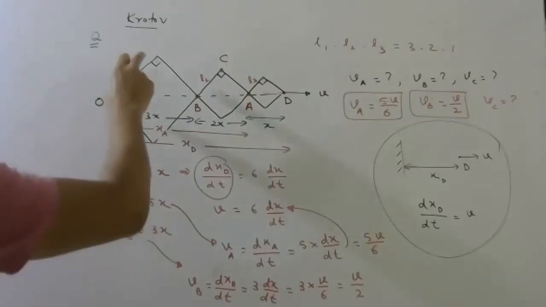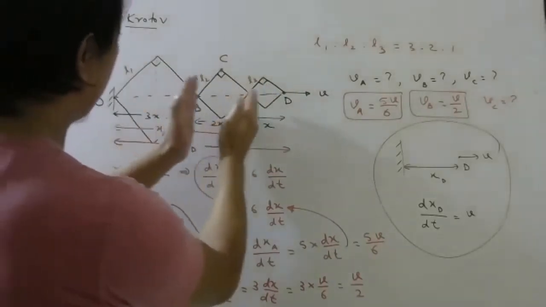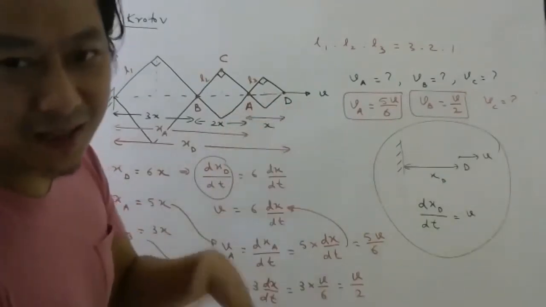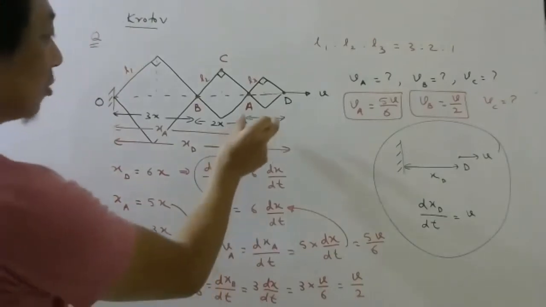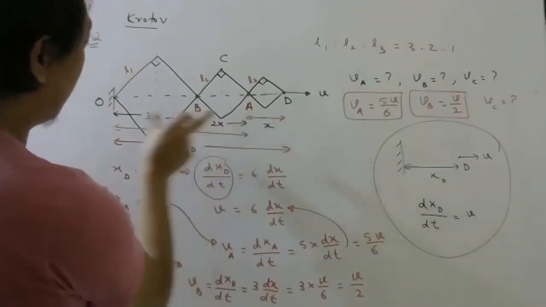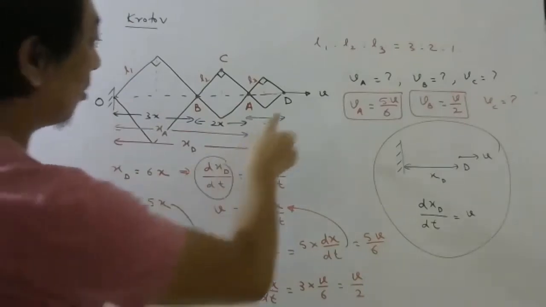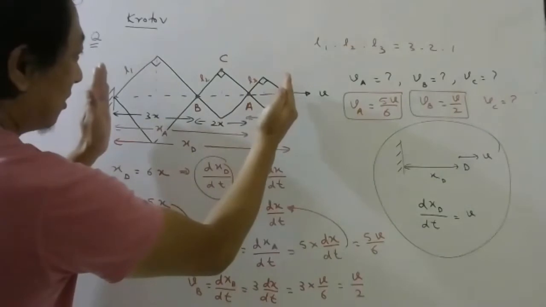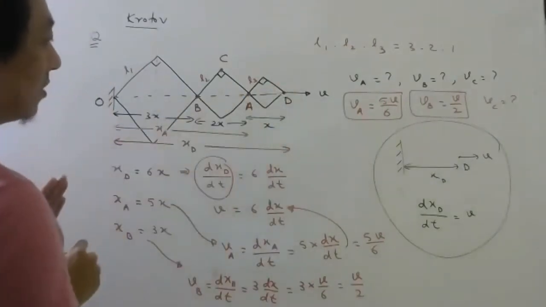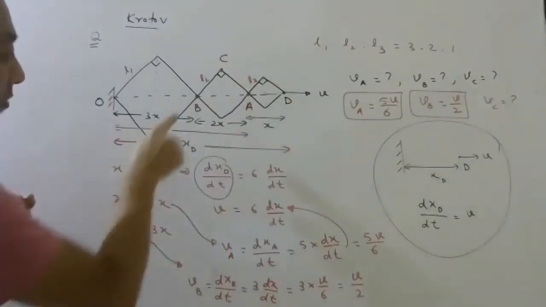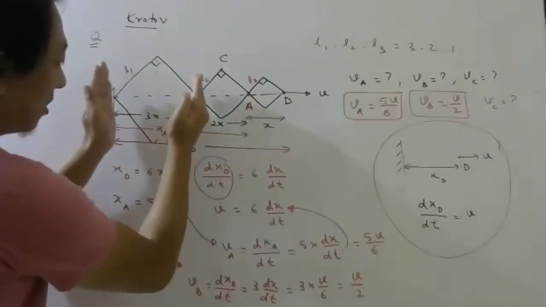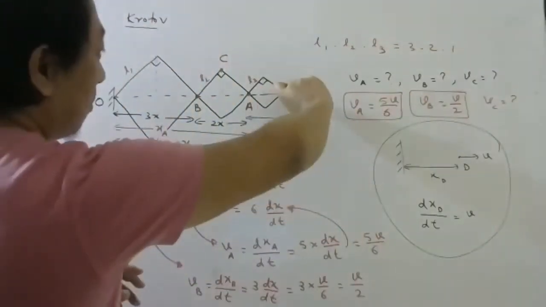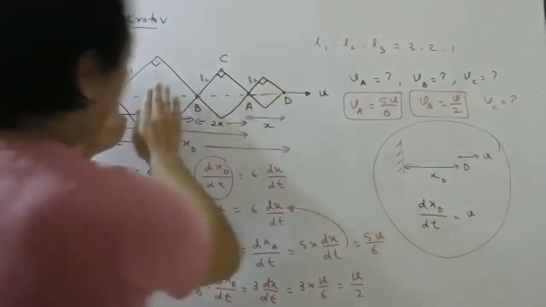So whatever ratio these sides have, the same ratio these sides will have. If I call this some letter, you write x, y, z, alpha, beta, it doesn't matter. Whatever this distance is, this should be twice of that, this should be thrice of that. Then the velocity of this point along this line means the rate at which this distance is changing. And the velocity of this point means the rate at which this distance is changing, because these two will go along this axis. As this point is moved, these two will go along this axis.